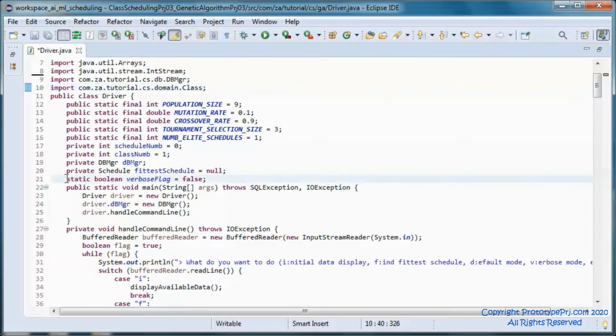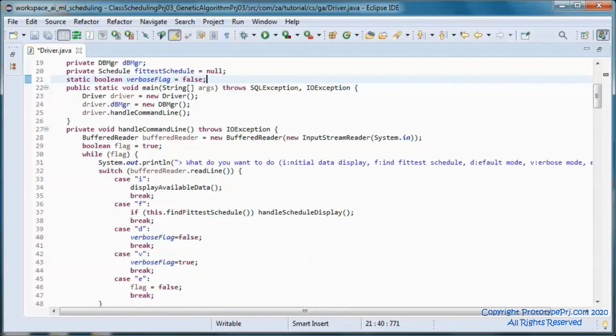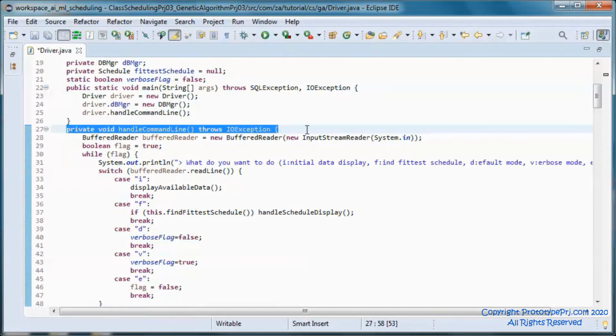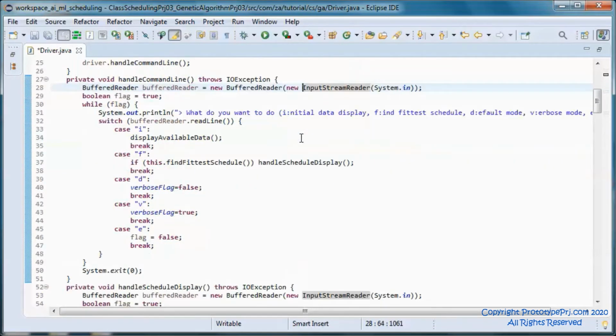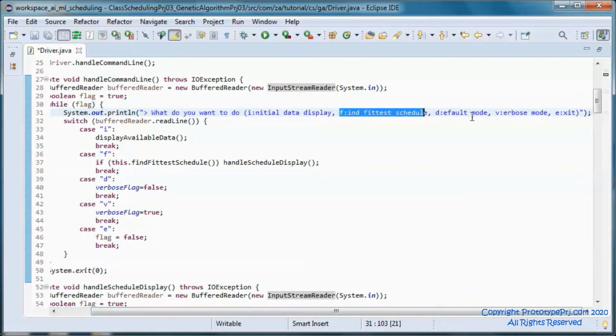So this flag handles running the application in verbose or default mode, and here we are handling command line entry. So we are prompting the user if they want to display the initial data or find the fittest schedule or run in default or verbose mode or exit.